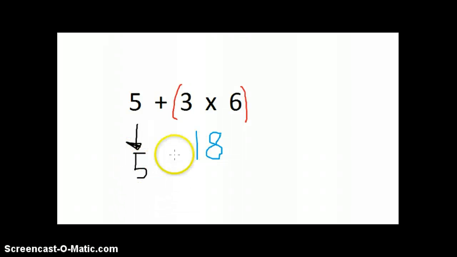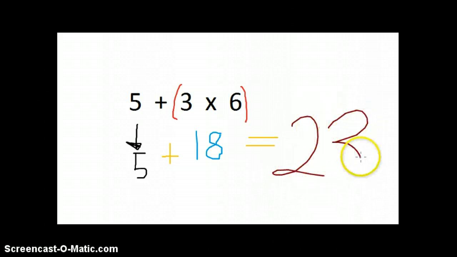Just so off balance here. And then we do addition. 5 plus 18, I'll give you a second to figure that out. Got it? Good. Alright, now 18 plus 5 is 23. Oh my gosh, that's a pretty 23 on a laptop. It's so awesome. 23. We got this by doing order of operations, multiplication and division, left and right, addition and